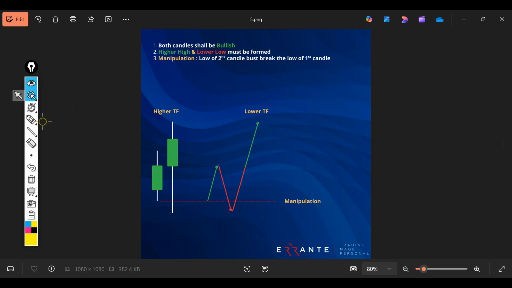Now let me explain in one more image how this will work on a smaller time frame. Say this is your higher time frame and this is your smaller time frame. What happens in a higher time frame? This is your candle 1 and this is your candle 2, and this is your manipulation line over here. This area is all your manipulation. So what happens over here? Now this green